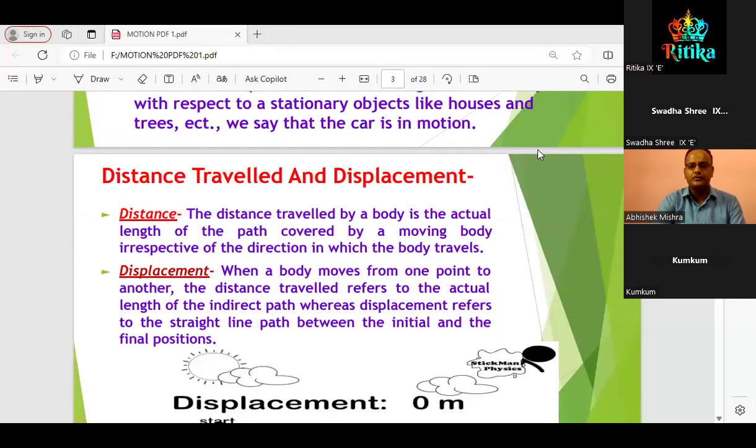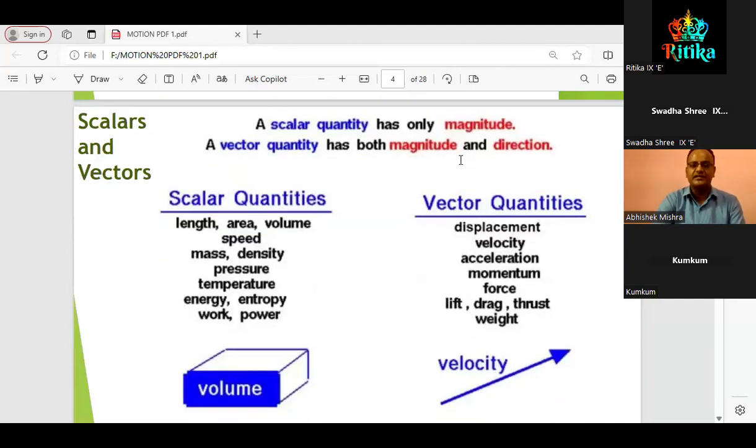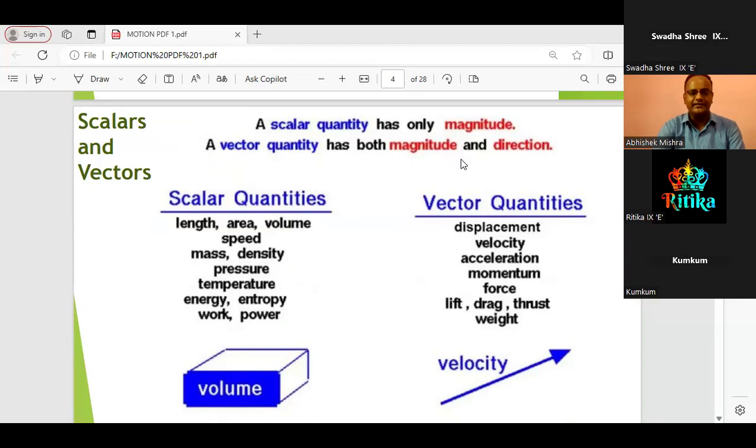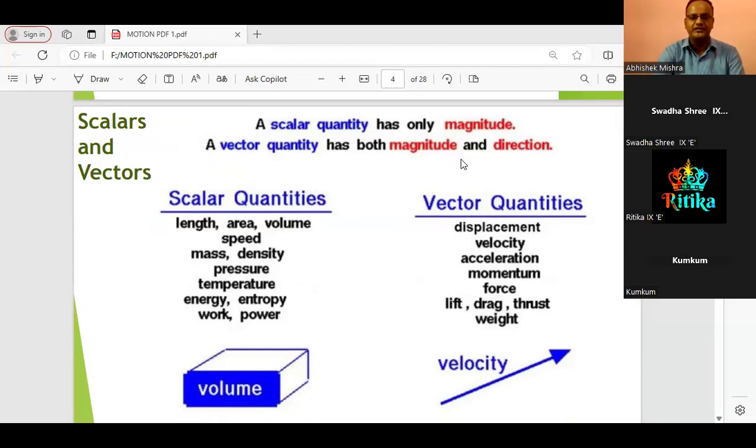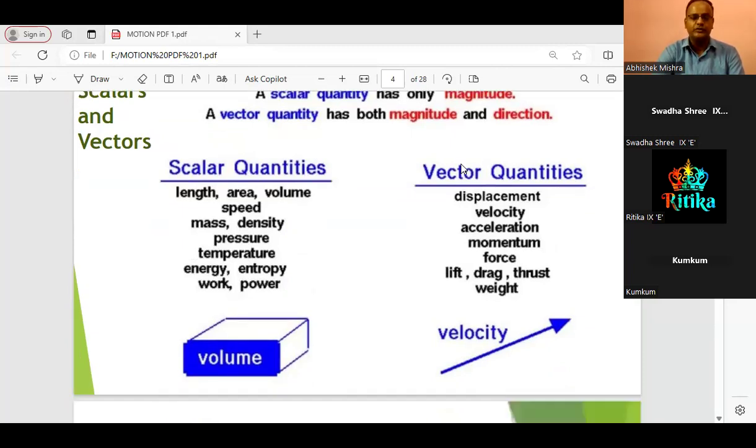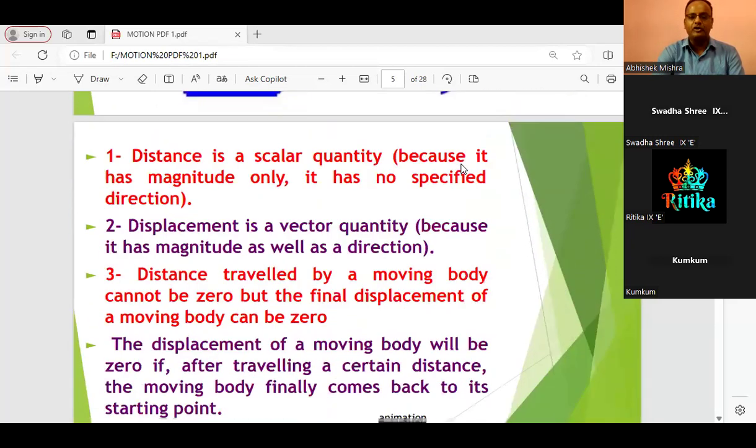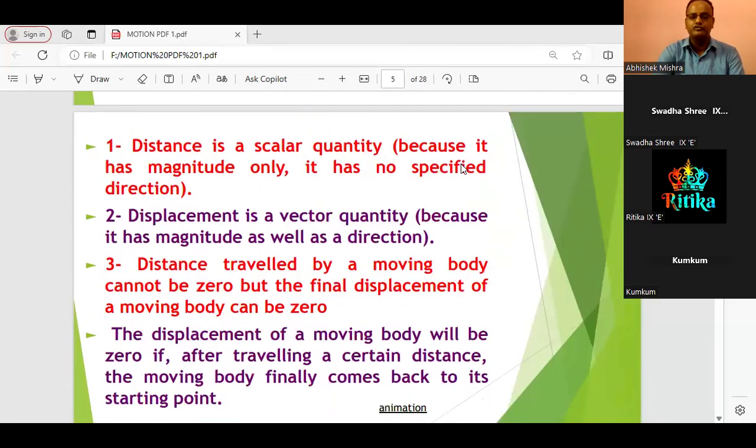Now, students, we will be coming to the topics, the scalar and the vector quantity. Scalar quantities are those quantities which have only magnitude, like length, area, volume, speed. And vector quantities are those quantities which, along with the magnitude, have direction associated with them. So if among distance and displacement, we have to classify which one is a scalar quantity and which one is a vector quantity, then definitely we have to see,